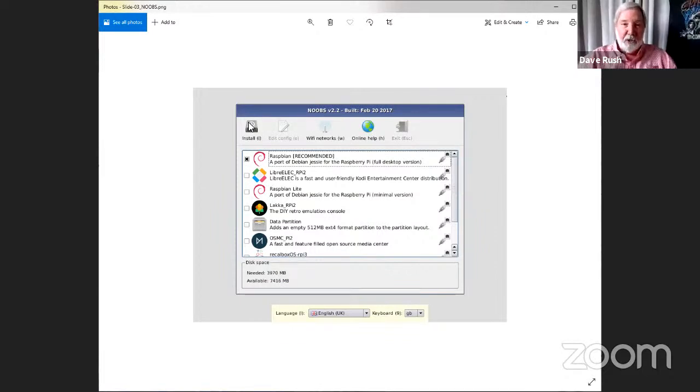Now, because this is NOOBS, remember, the only actual full copy of an operating system in the NOOBS installation is Raspbian. So I don't need a network connection to do a Raspbian or Raspberry Pi OS installation, but every other one of these that we pick from has to call home to raspberrypi.org or one of their mirror sites and pull down that operating system over the network to do the installation.